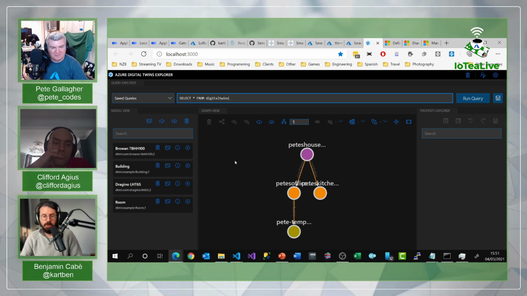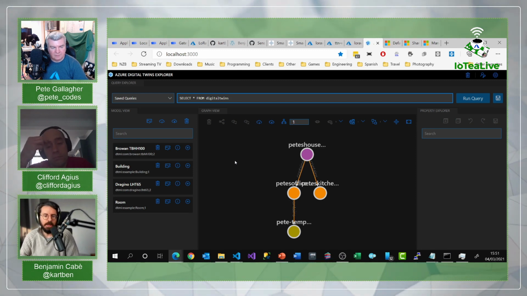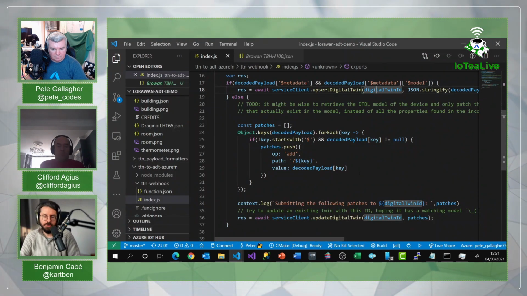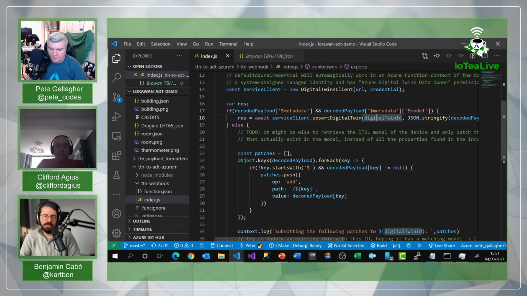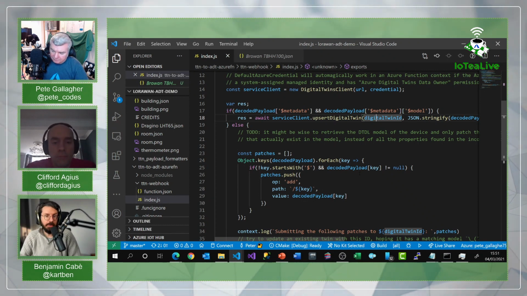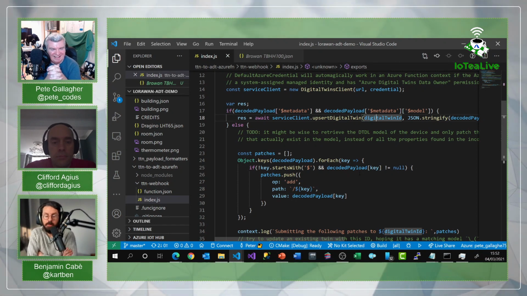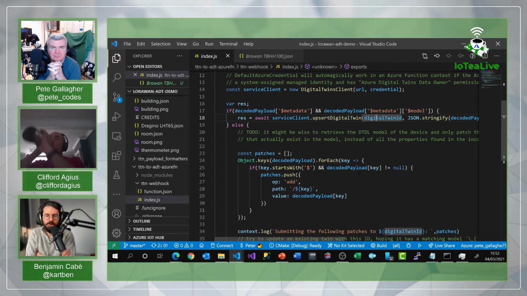For those queries, you can perform them through either ADT Explorer or virtually any of the SDKs for digital twins. We've been looking briefly at the Node.js SDK for writing the Azure function, but next time we can look at using the Python API. I'm not really a Python person, but it turns out that there is lots of software, in industry usually CAD software kind of stuff,